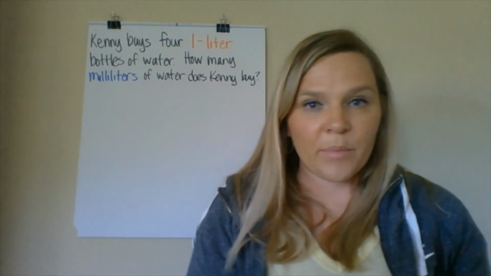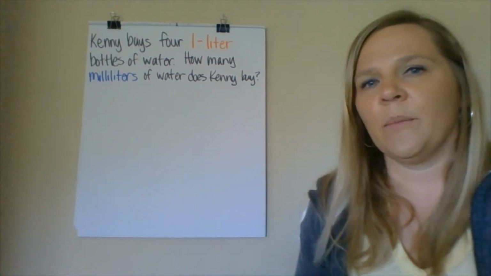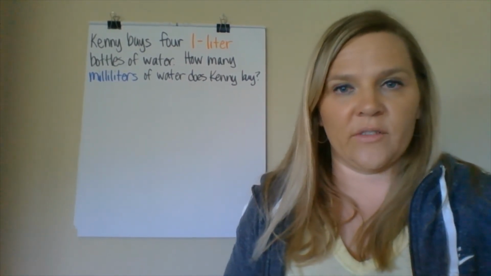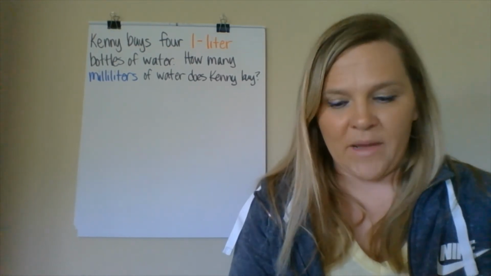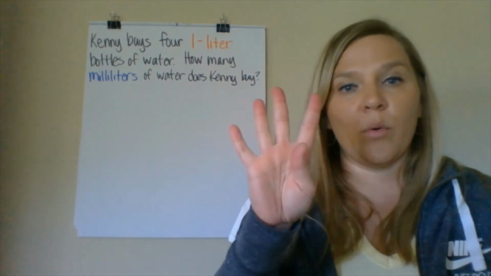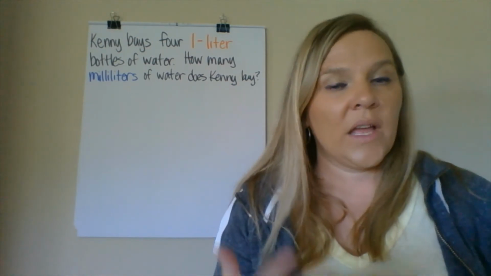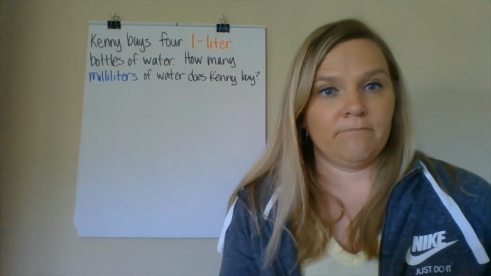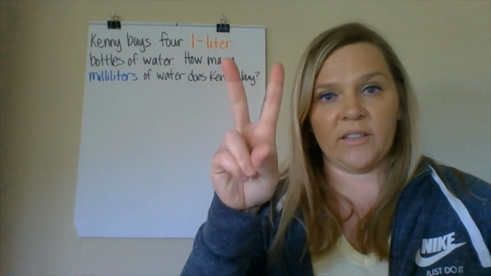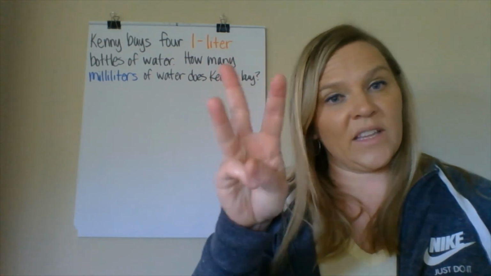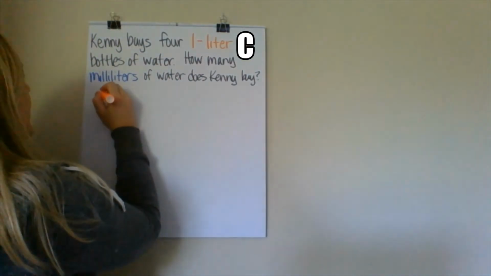All right, let's do a couple of word problems just to see how we're doing on this idea. So Kenny buys 4 1-liter bottles of water. How many milliliters of water does Kenny buy? So he's buying 4 1-liter bottles, which means he has how many total liters altogether? 4, right? Because 1 bottle is 1 liter, 2 bottles is 2 liters, 3 bottles is 3 liters, and 4 bottles is 4 liters. So we have 4 liters,